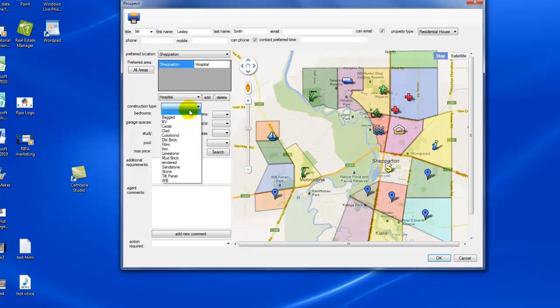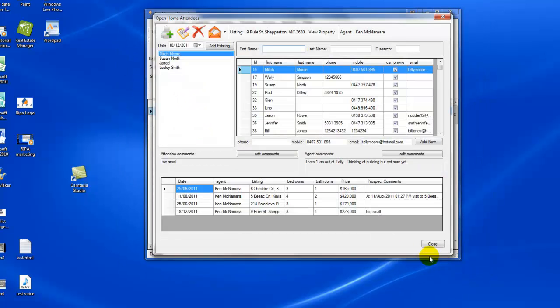You might want a brick veneer house, 3 bedrooms, so many bathrooms, and so it goes on, and then he'll be automatically put into the database with that selected information. Now going back to here, at the end of the open home, what we can do is